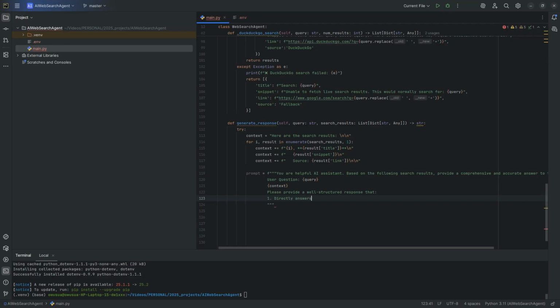So one, directly answers the user's question. Two, synthesizes, my bad, synthesizes, okay, hope it's correct. Synthesizes information from the search results,